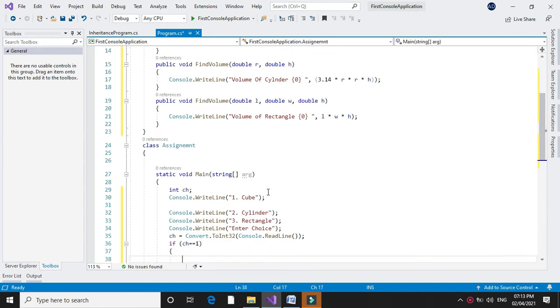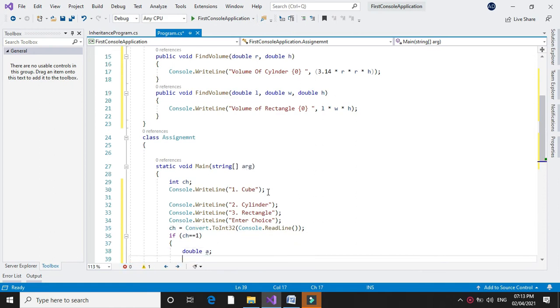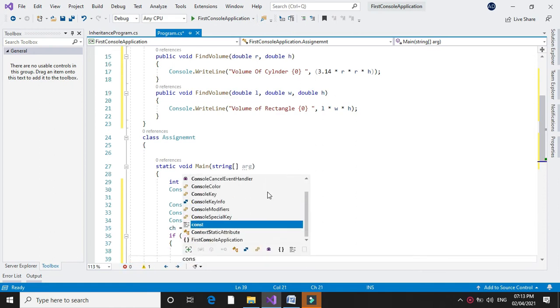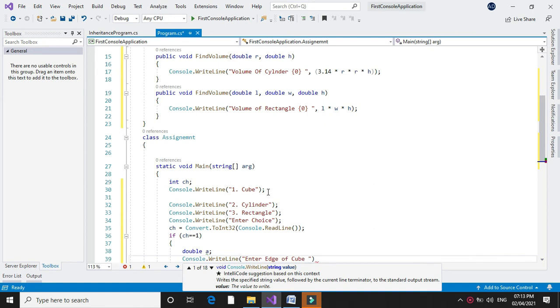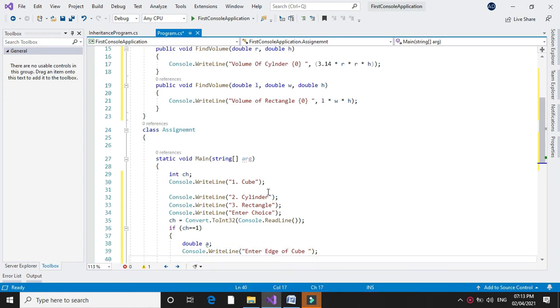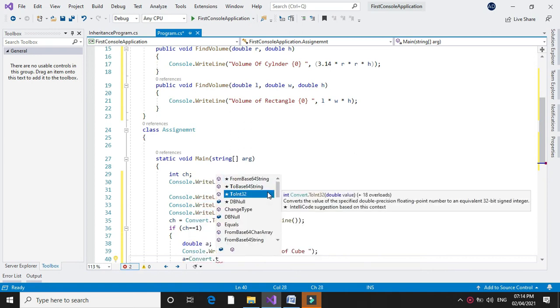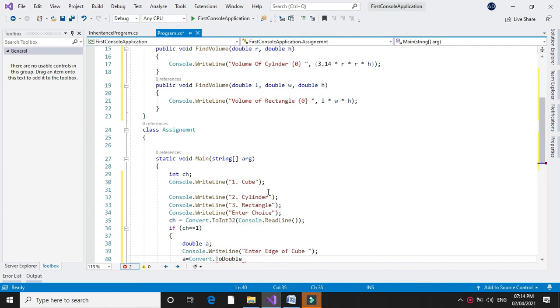So we will declare a variable a, and we will accept the edge of the cube in a. So Convert.ToDouble, since our variable is double.